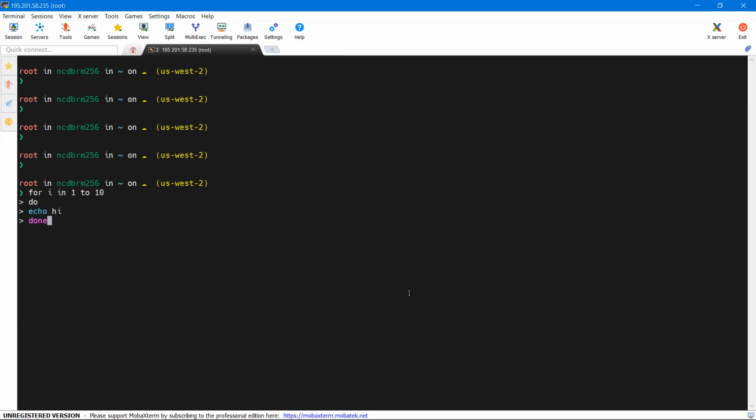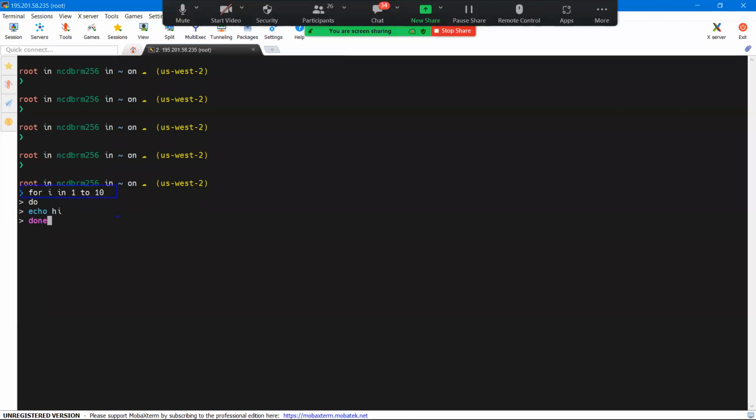Done. That's a for loop, right? Make sense? In Java also? Almost? You understand the generic structure of a for loop? C, C++, any of these, the for loop is the same. You first write the range, and then you're telling what to do. That's it.